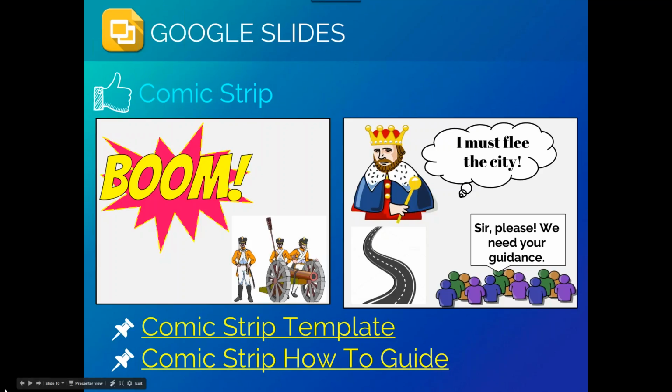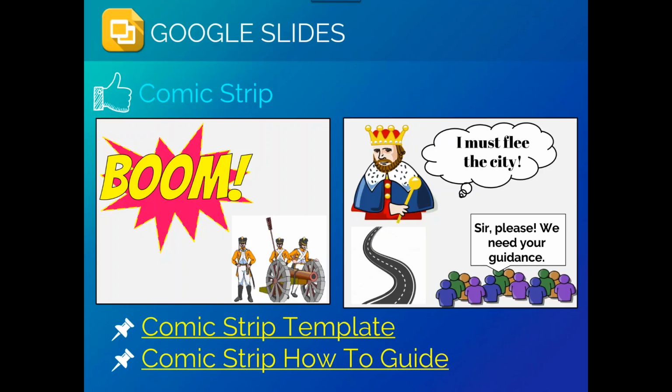Next, we have a comic strip, which a lot of my students really loved. And this is similar to the Create Your Own Adventure presentation. For me, the planning piece was the most important because it really served as a reminder to the students that the tech tool isn't the focus, but it's really about the learning. So I always have students do a rough sketch of this before on just good old pen and paper so that they can follow their own thought process, and they have to submit that for approval before they can kind